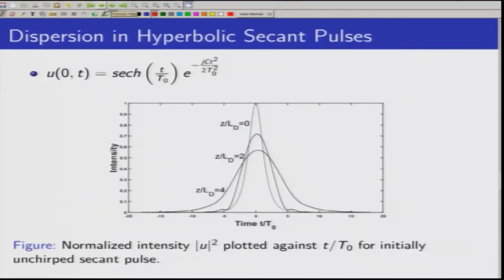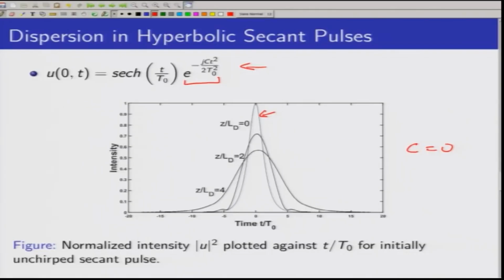Now, we will come to more complex pulses. For example, the hyperbolic secant pulses, whose equation is u0 of t equals sech of t over t naught, where t naught is the pulse width, and then there is this chirp factor. We plotted it for initially unchirped, again c equal to 0, and this is the initially incident pulse. As we move along 2 dispersion lengths and 4 dispersion lengths,